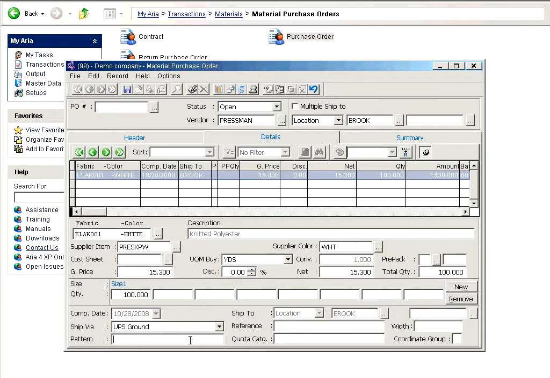If there is any additional information that you want to put, like if there is a pattern number, like a print number for that specific item, or if there is a specific reference for it, or a specific quota category, or a specific width, you can update this information over here. If the information that you're putting on the header part applies to all items, then you don't need to do any kind of changes. I'm going to click on new again, and the system automatically gives me the following color,